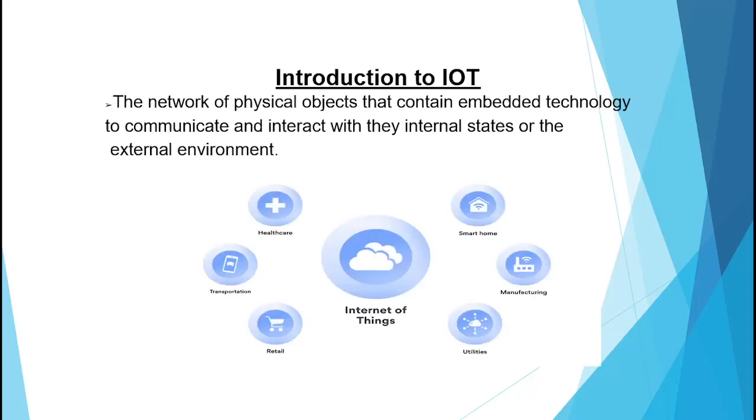Next, what is IoT? IoT means Internet of Things. It refers to the rapidly growing network of connected objects that are able to collect and exchange data in real time using embedded sensors. For example, thermostats, cars, lights, refrigerators, and more appliances can all be connected to the